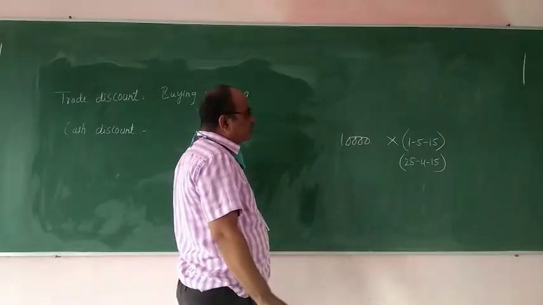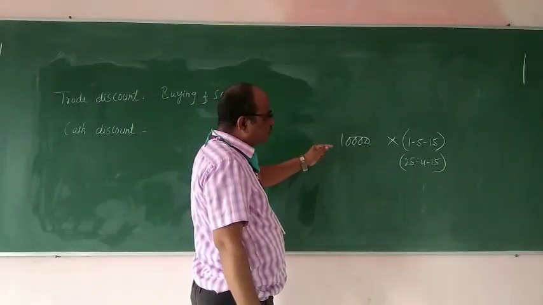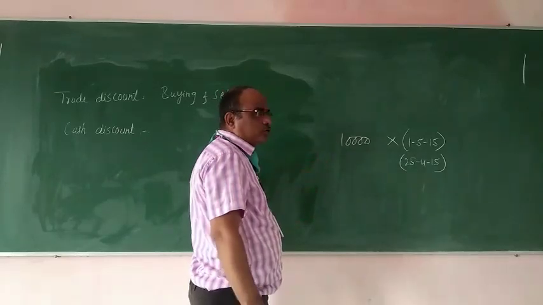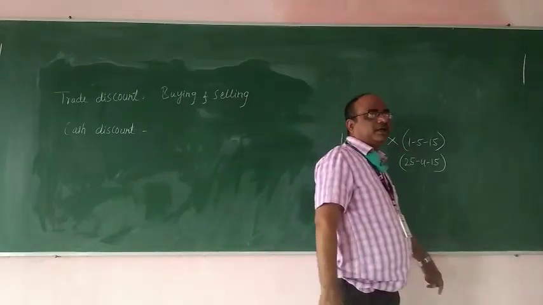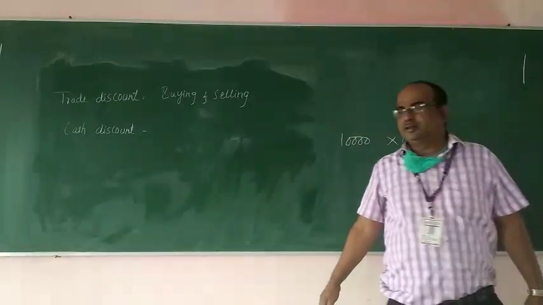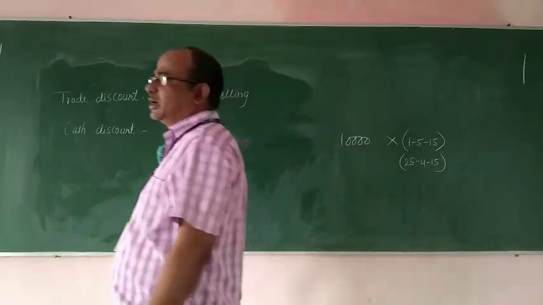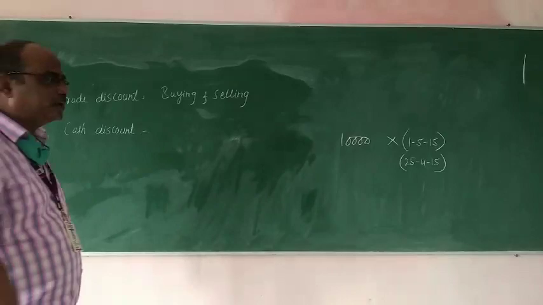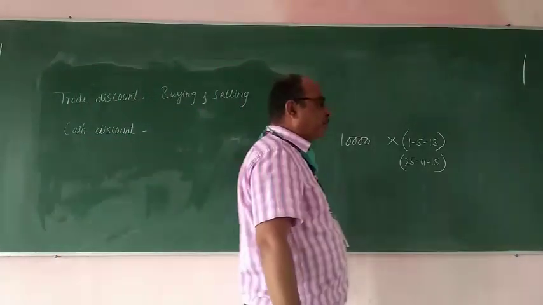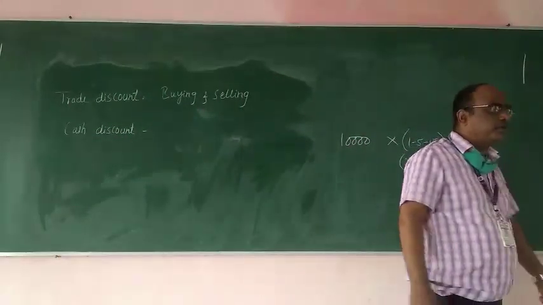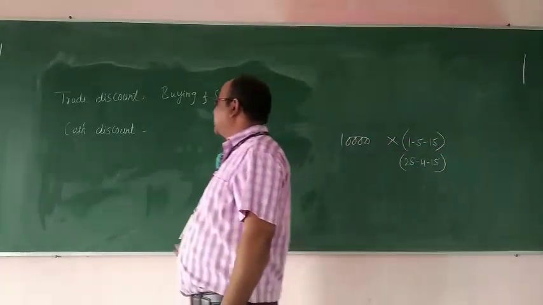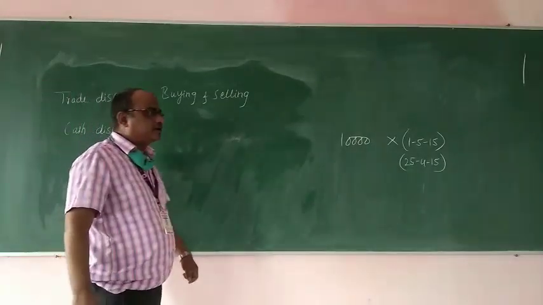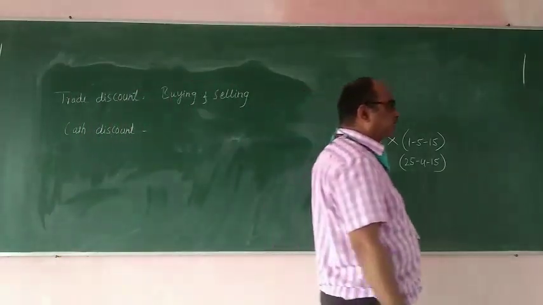So if you are paying earlier to the date that you have taken, the creditor may allow you some percentage as cash discount to promote that feature in you, so that you will maintain the same payment status in the future. So such discount which is given by the creditor for making the prompt payment or payment before the date is called as what? Cash discount. So let us see now the transactions based on cash discount.